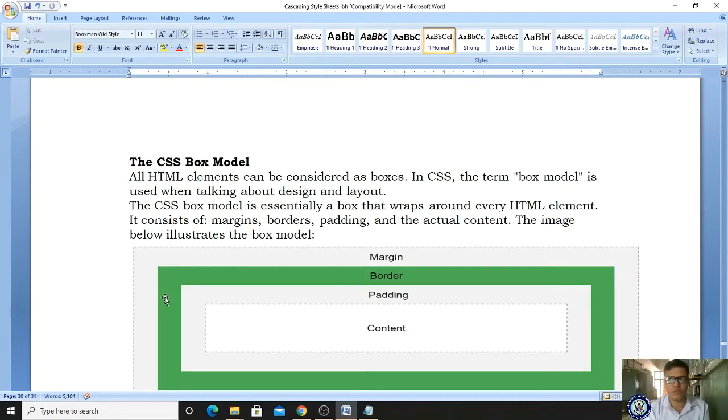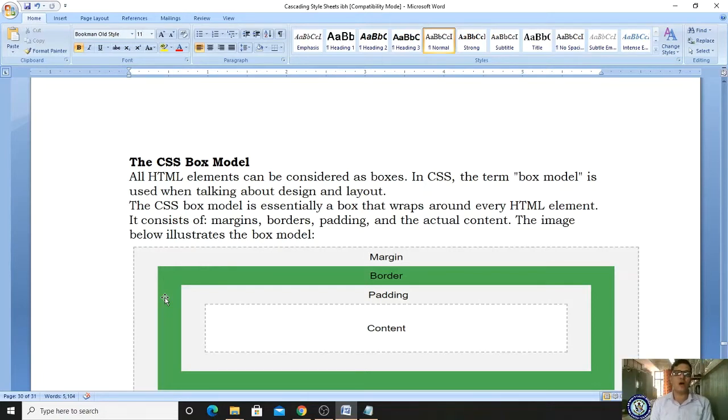If you take a book as a box, the book consists of a neat format. How does that neat format come? We have to set the borders, the margins, and the spaces between the contents, as well as the spaces between the contents and the borders and margins, right? If you provide that information, only then will your book have a neat appearance. In the same sense, your website also appears in a neat format if you set these box models.